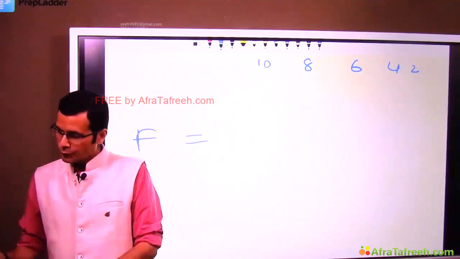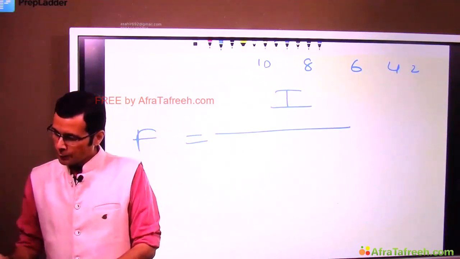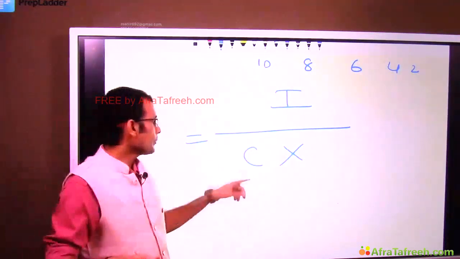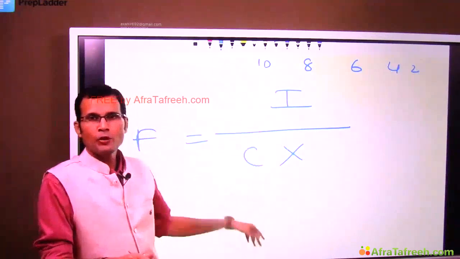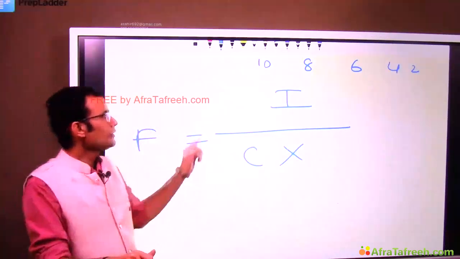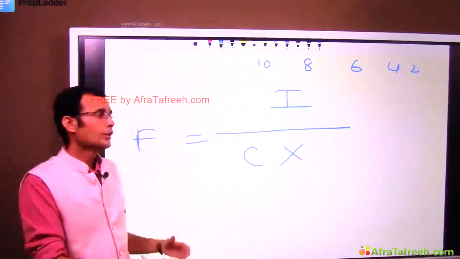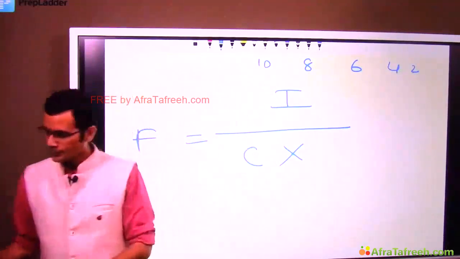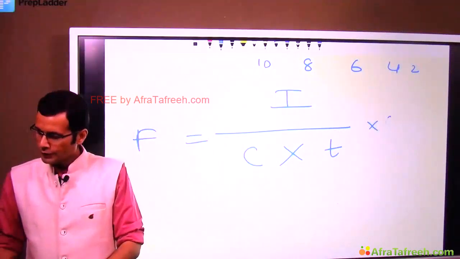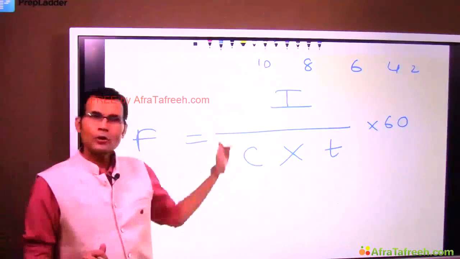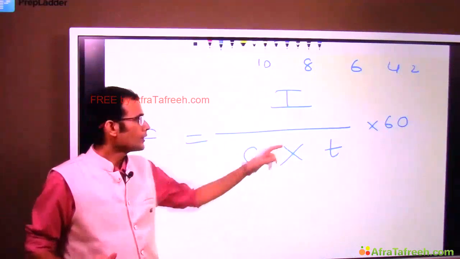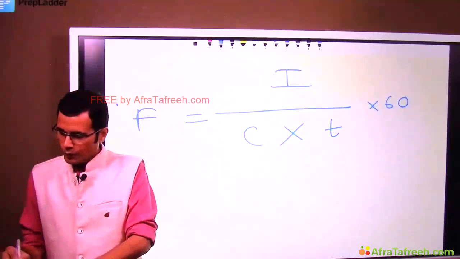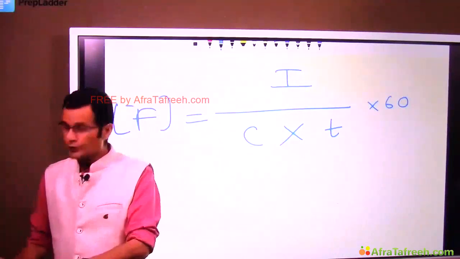F is equal to I upon C. Look, in the body fluid compartments, we had V is equal to I upon C. Here it is F, that is flow or cardiac output, is equal to I upon C into T into 60. So I upon C is common. T and 60 are the additional things. So let me just tell you, cardiac output, flow or cardiac output is equal to